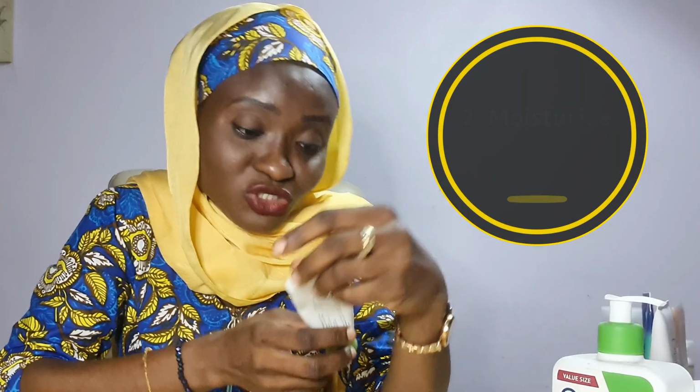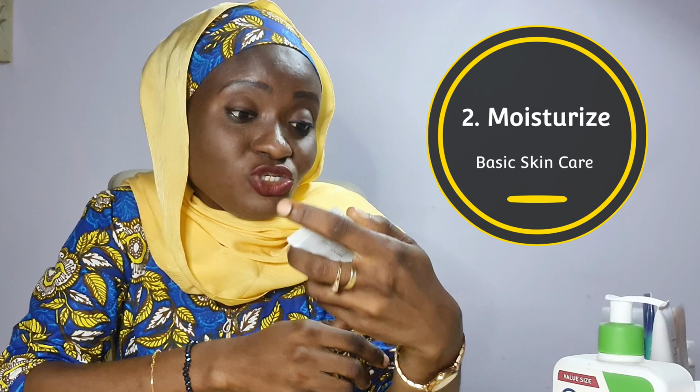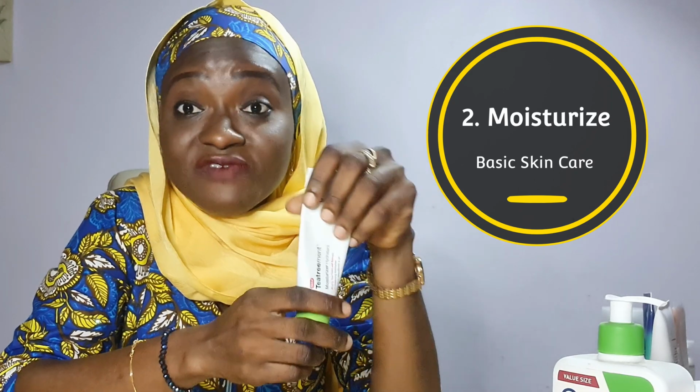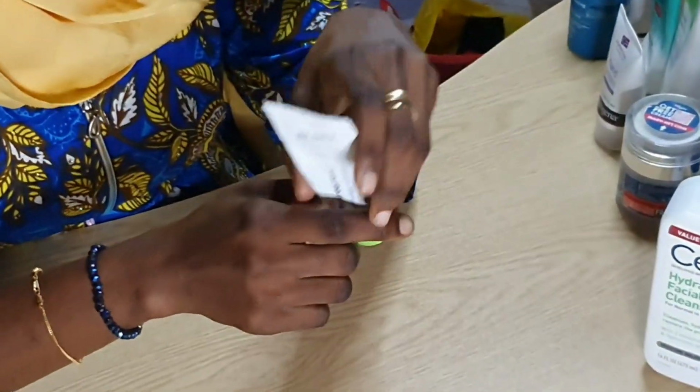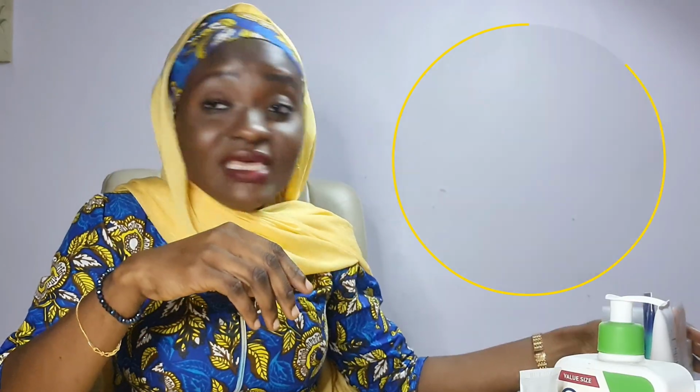And remember, when you want to moisturize your skin, this is the present moisturizer I'm using. Like I mentioned, I have oily skin. So I'm using this tea tree moisturizer, and tea tree is very good for oily skin. So this is the moisturizer I'm using presently. And like I told you, you cleanse your skin, you moisturize, and after that, I use my sunscreen. Presently, I'm using